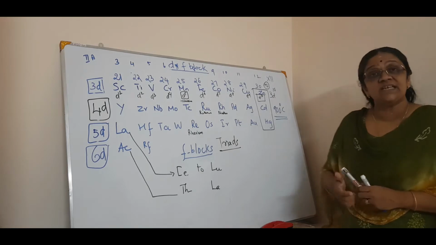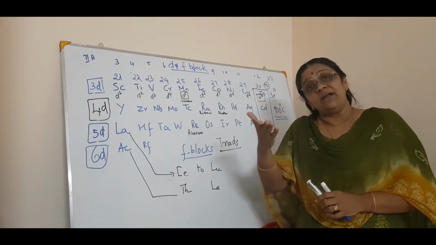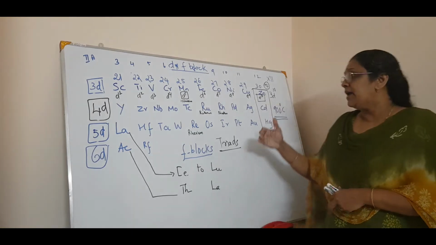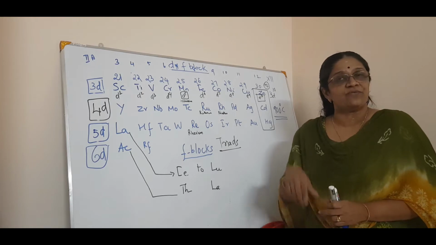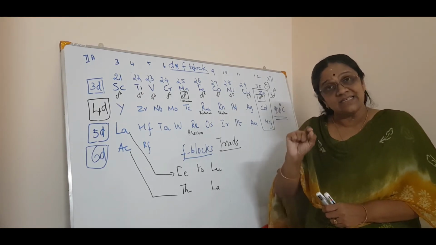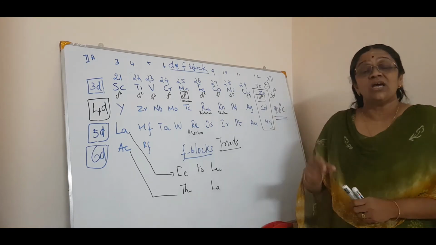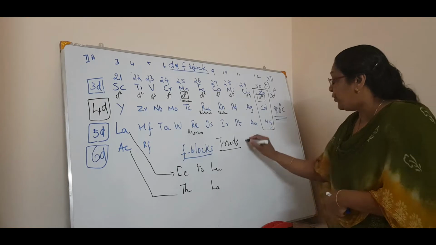Then also this is in a fulfilled state. There is no partly filled d orbital. So that is why these three elements are exceptions of transition elements or d block elements. And that is the reason they are also called pseudo transition elements. What is it? Pseudo means